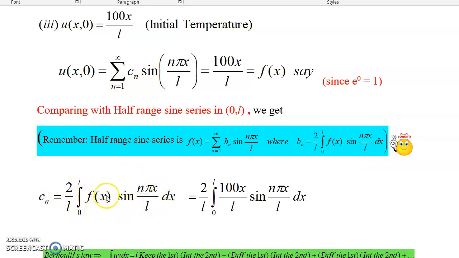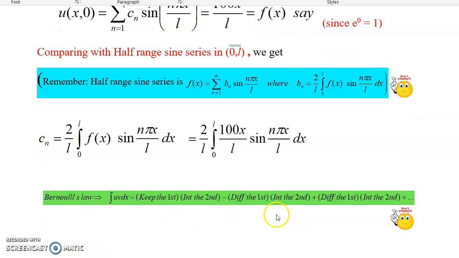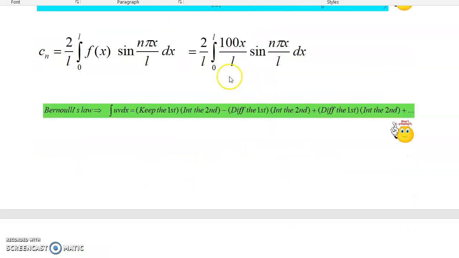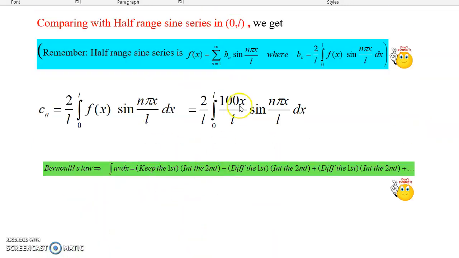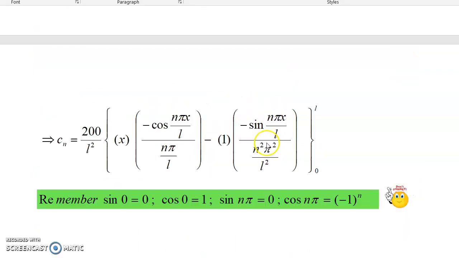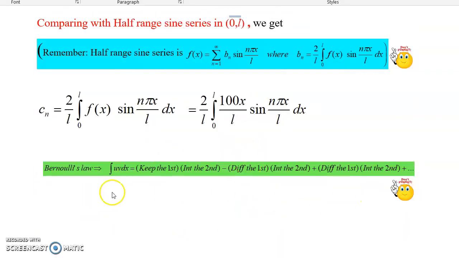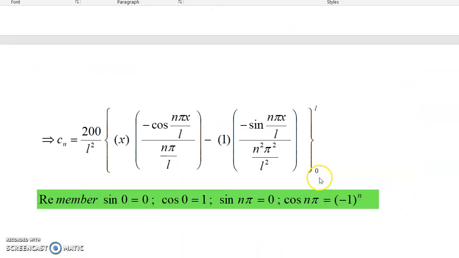What is that f of x? 100x by L. So substitute this 100x by L in the place of f of x and integrate this. How to integrate? Take this 1 by L out. Outside, taking the 100 out, you have 200 by L squared, and the first term is x sin n pi x by L. So use Bernoulli's rule. Keep the first, integrate the second. Minus differentiate the first, integrate the second. It goes like that. So keep the first x,